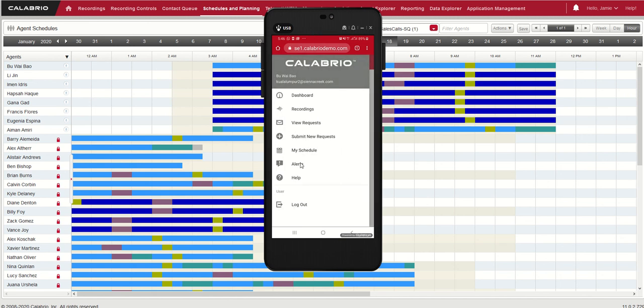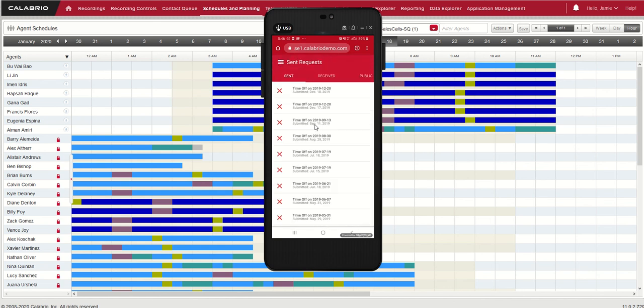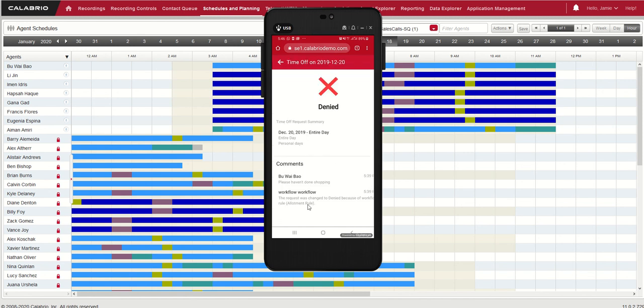The agent can, of course, see what their previous requests have looked like. So obviously I deal with the agent quite often. He gets quite a lot of his time off requests denied. So this was denied by one of our workflow rules. It was denied by the allotment rule. So one of our workflow rules says, if we haven't got enough allotted time on the queue on that day,